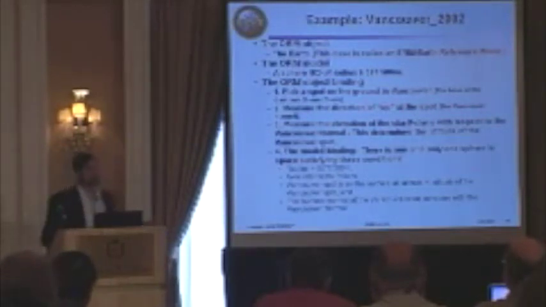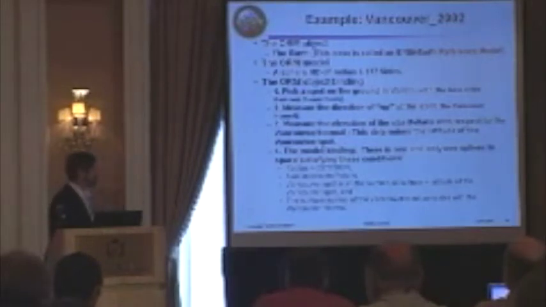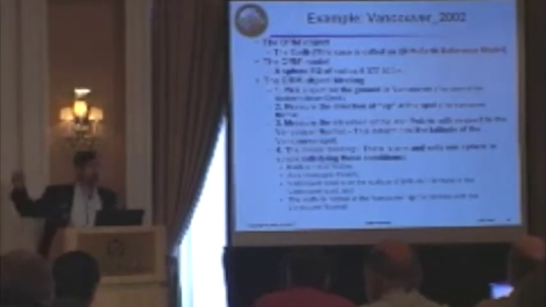Now, what is up? That actually is something that the SRM doesn't care about. Geodesists care a lot about. We just care that there is some direction that's been picked. You might want to hang a plumb bob at the Gastown clock and take that direction as up, or you might want to have 20 plumb bobs somewhere around Greater Vancouver and average them. There's lots of ways you could define up. And then we want to measure the elevation of the star Polaris with respect to our notion of up. And that's going to determine the latitude of the Vancouver spot on this sphere.